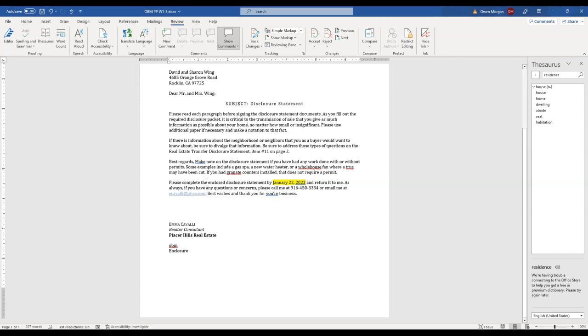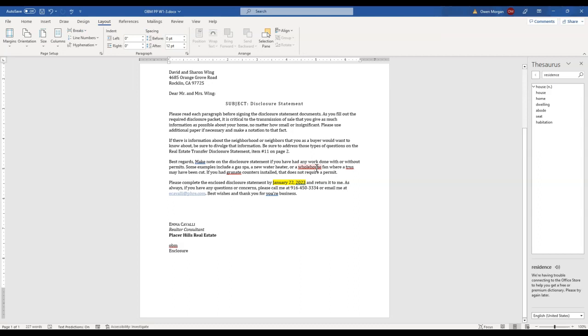So we'll go ahead and click the word whole house in this particular document. Before I do that, I just want to show that there are these red underlines under certain words. These are words that do not appear in the custom or the standard dictionary. So I'm going to go ahead over this word whole house, which it is showing as being